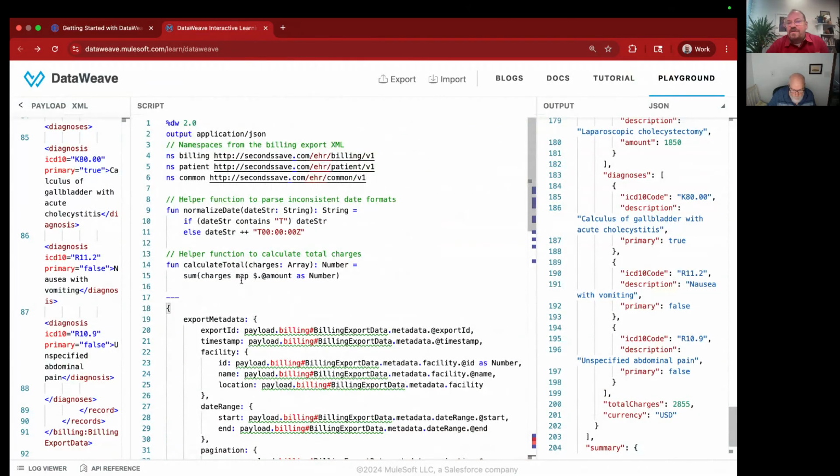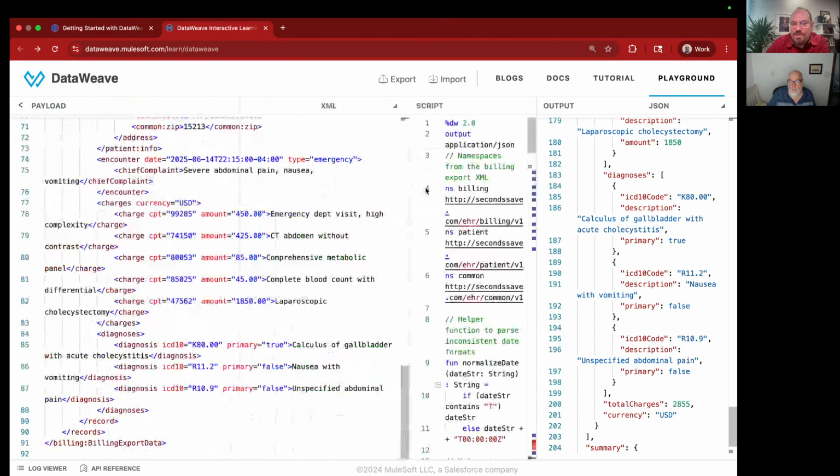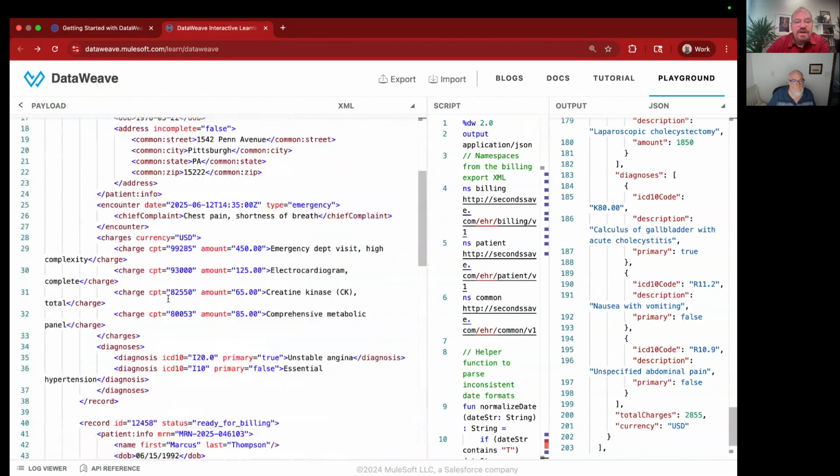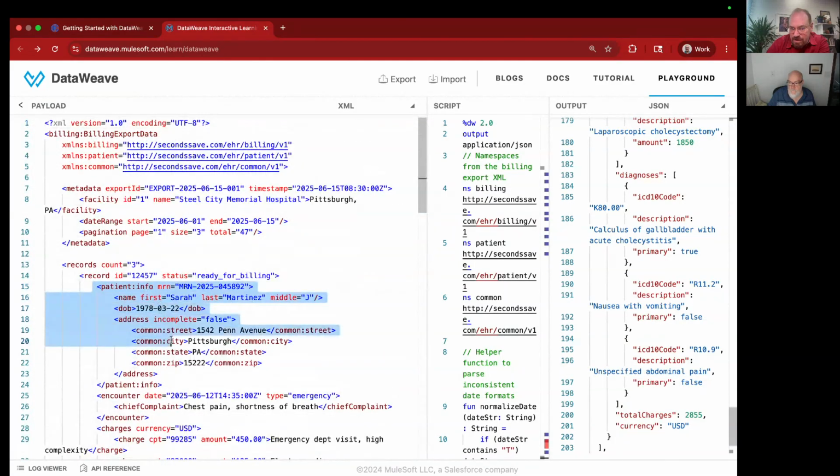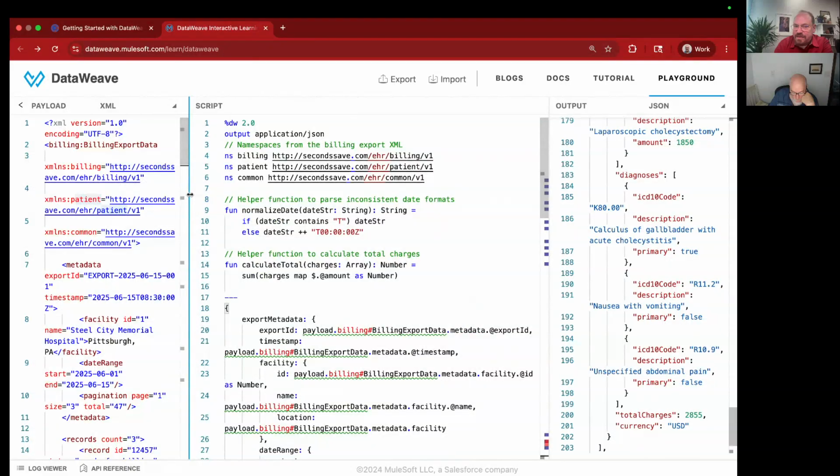In most real life XML transformations, you have this thing called namespaces, and we have that in our input. What that means, and you see it in Mule source code, is some parts of the XML are defined by a different schema than each other. So in this case, we have a patient schema, and we have a billing schema, and we have a common schema, and they come from what XML calls namespaces, and that's where you get this little prefix with a colon, right? And you may have noticed this whole time we've been working with this billing export data thing,